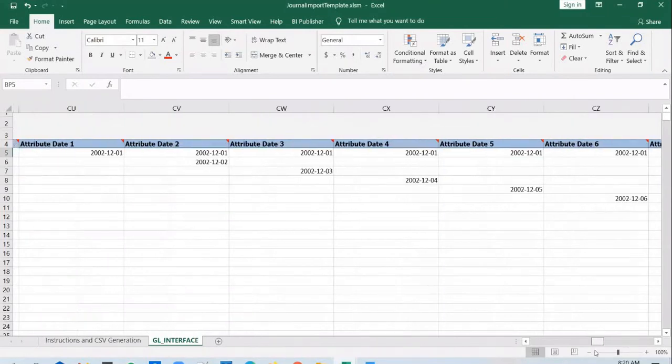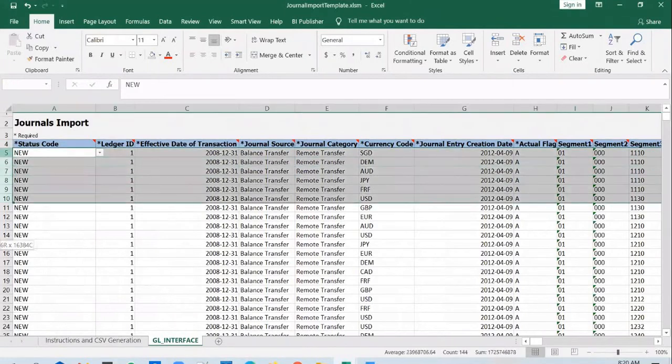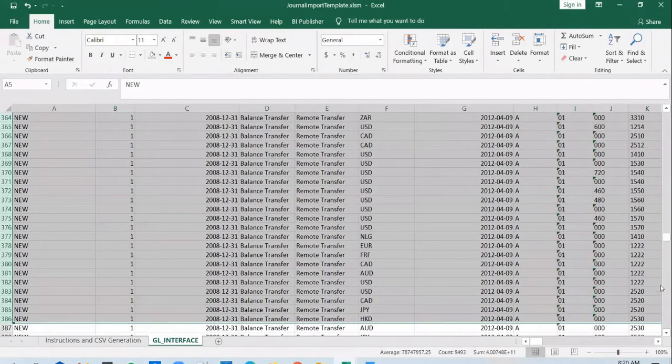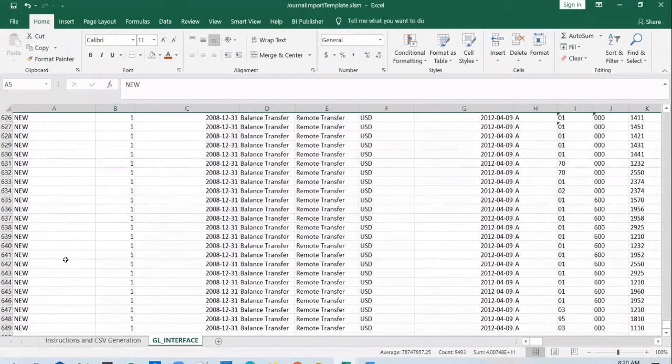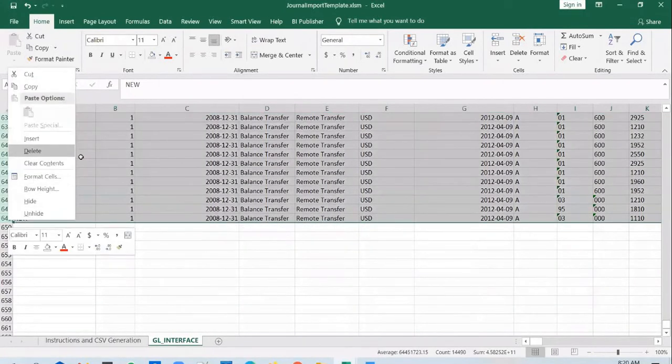Okay, so that's the usage of this group identifier. You can pass in the attribute columns as well if you want. And what I'll do is I'll take off all these sample data rows. We don't need them. Take it off.